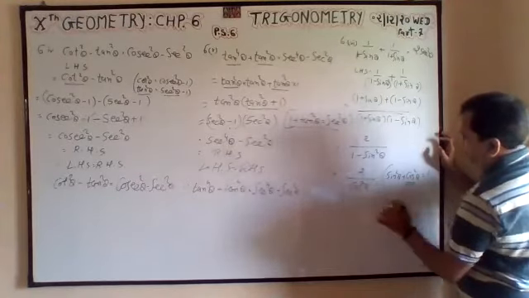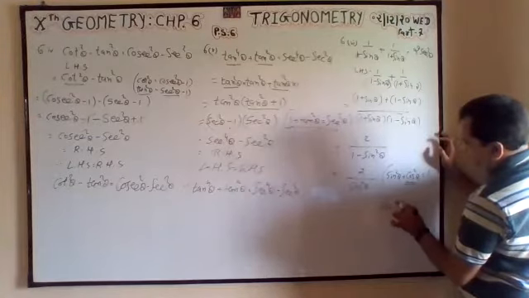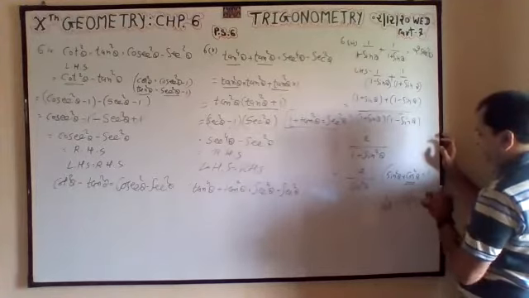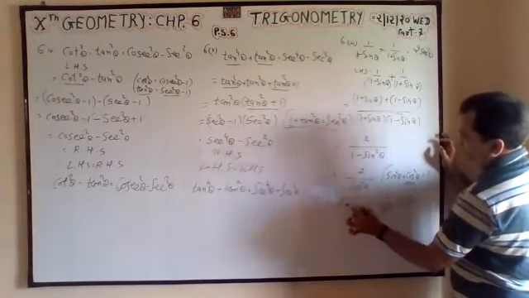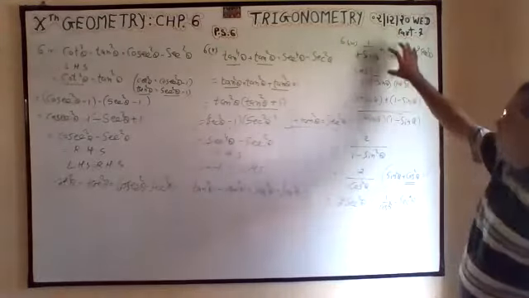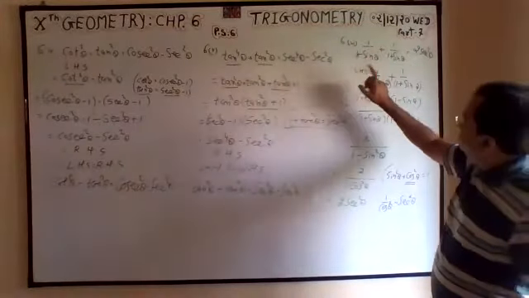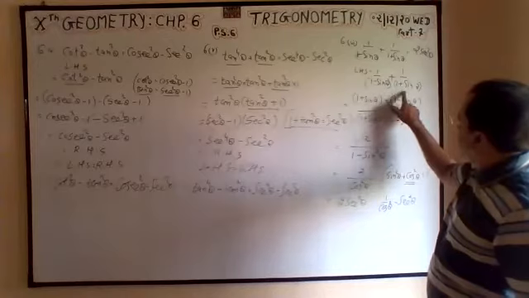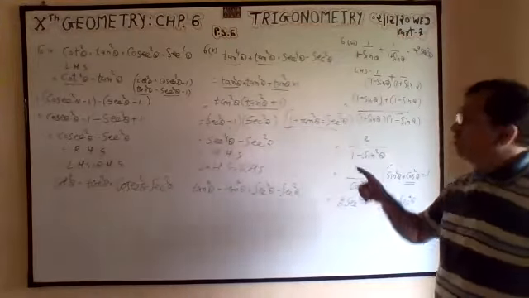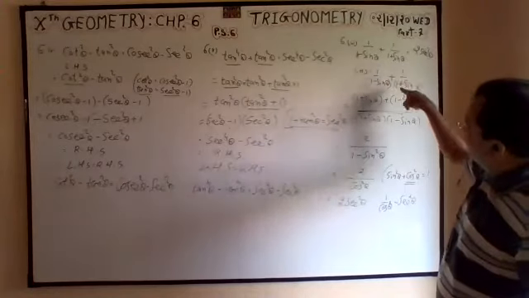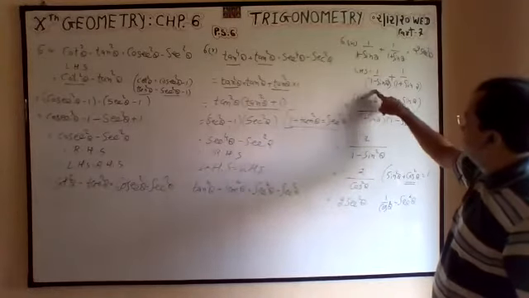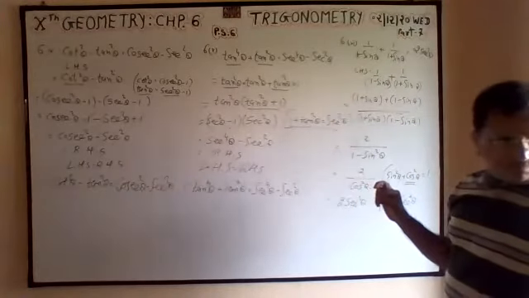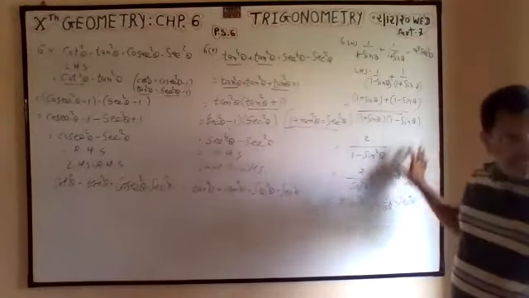And 1 by cos theta is equal to sec theta. So 1 by cos square theta is equal to sec square theta. So this goes up. Again, this is given. What I have done? I have done this into this into this. This in cross product, 3 times you have to do the product. First numerator with second denominator, numerator with first denominator, and product of two denominators. Sin minus sin is 0. This much part is clear or not clear?